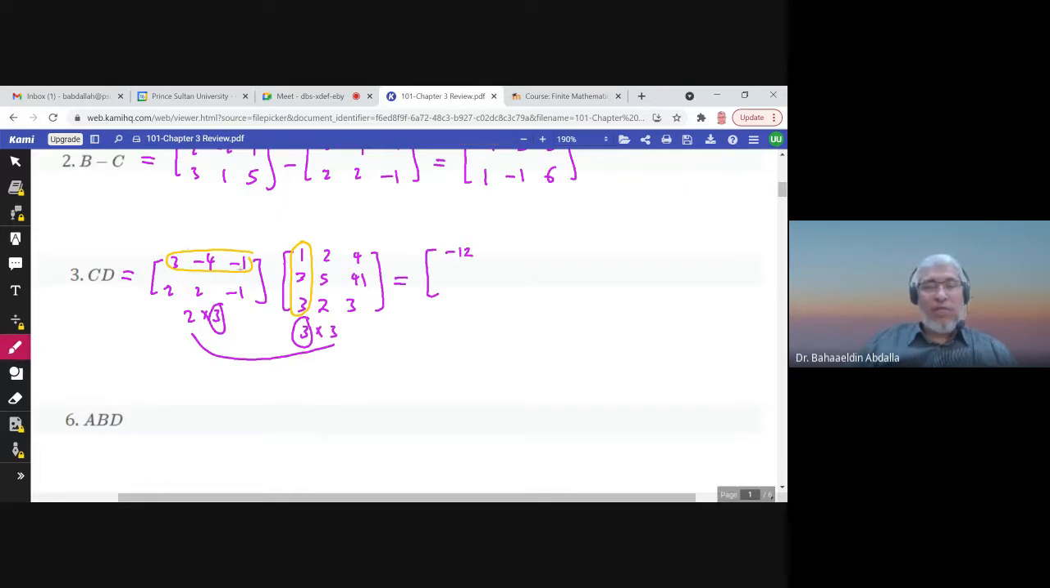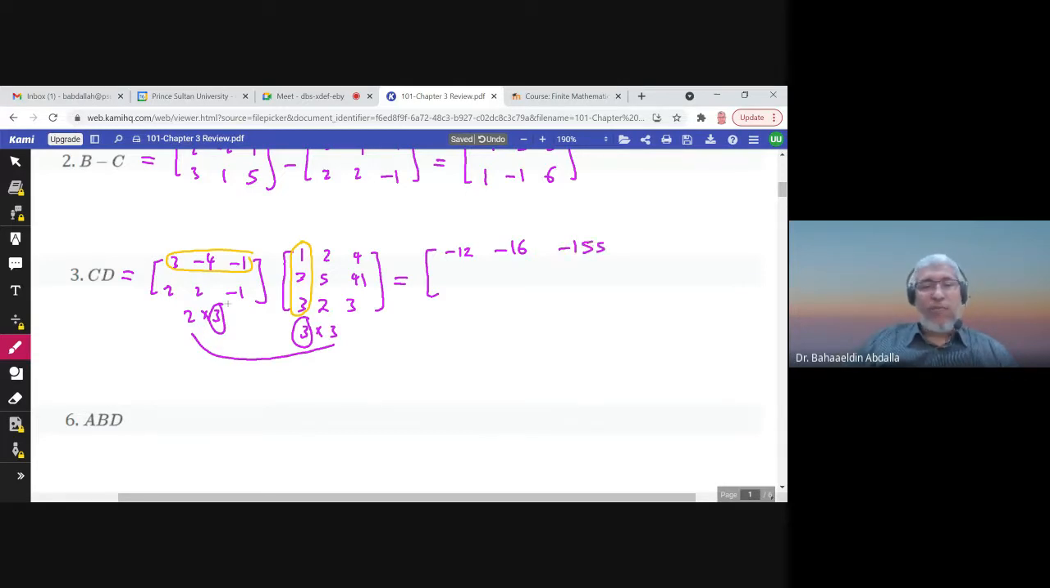And then we multiply the first row in C by the second column in D. So 3 times 2 is 6, negative 4 times 5, and negative 1 times 2. So that's negative 16. And then we multiply the first row in C by the third column in D. So 3 times 4 is 12. Minus 4 times 41, and minus 1 times 3. So the answer is negative